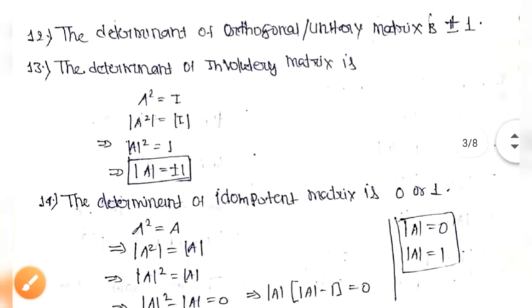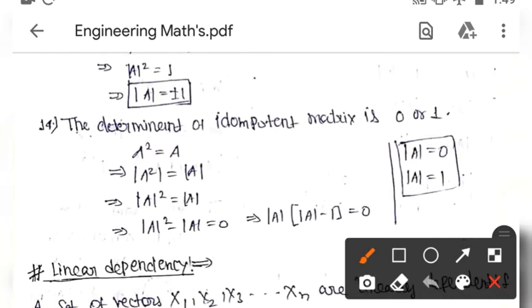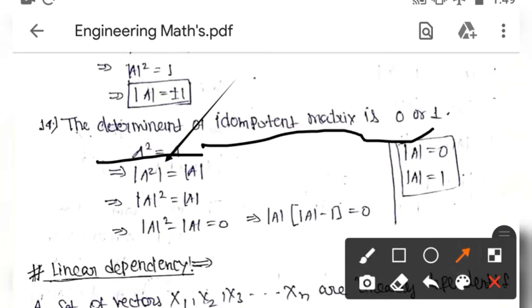Okay, this is the 13th problem, and the 14th problem says the determinant of an idempotent matrix is 0 or 1. An idempotent matrix means when you multiply the matrix by itself, it gives the matrix itself, A squared equals A. Now again take the determinant on both sides. Again by property we can write this, and when you bring this from the right side to the left side,